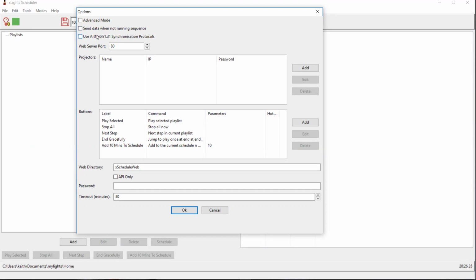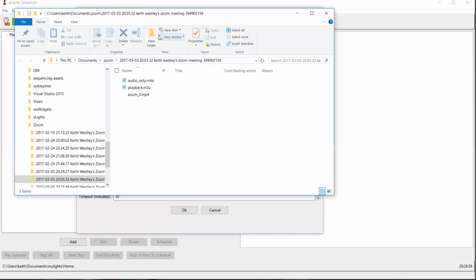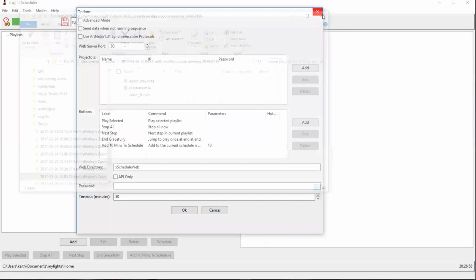The ArtNet synchronization protocols. So if you have set up the ArtNet or the E131 synchronization protocols, which I doubt you have, if you set those up in xLights, then you'll probably want to check this checkbox so that the scheduler also plays those synchronization protocols. The only time you really want to use these is if you're running a really large number of